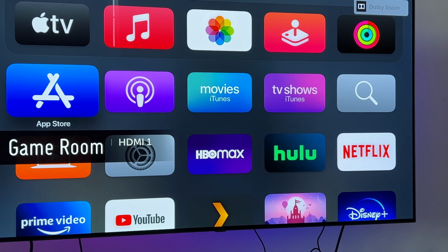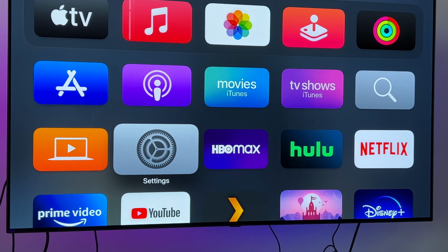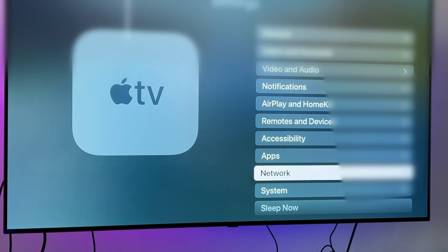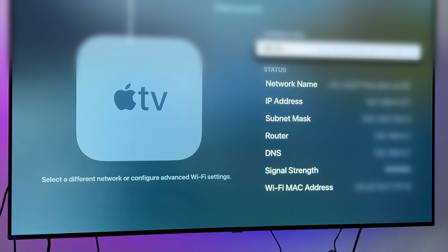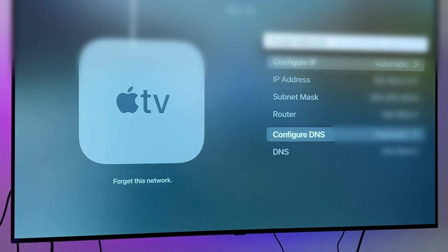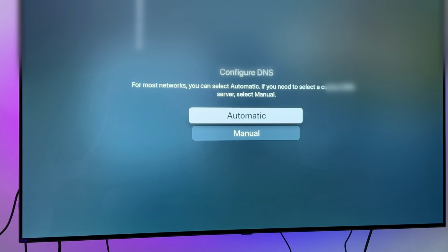All right guys, so here is my Apple TV set up on my LG TV. Basically what you're going to do is go to settings, go to network, go to DNS. You're going to click this. You're going to want to click on it again. That's my internet. And we're going to go to configure DNS and you're going to pick manual. Once you do this, you're going to enter in the DNS from the NordVPN website,